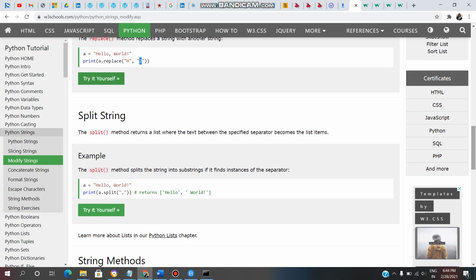Now we will see split string. Here the split method returns a list where the text between the specified separator becomes the list items. Here the split method splits the string into substrings if it finds instances of the separator. We will see this example practically. So click on try it yourself.